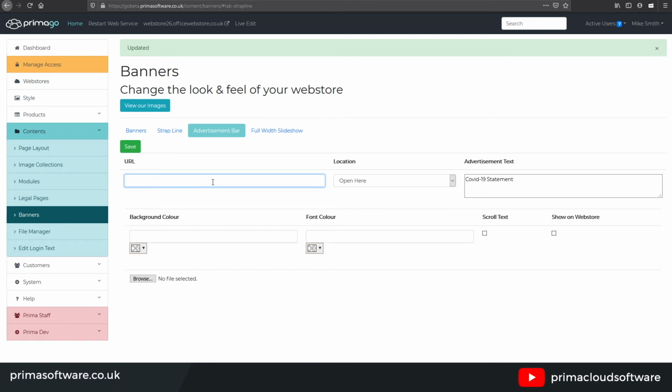It could be a blog post for your corporate site, or a specific page within Prima. And we can again select how we want it to open, whether in the same tab or a different tab. And again, we can select the background color. So if we want this one to be red background with black font, we can choose them, and we can set it to show on the web store. If I save,